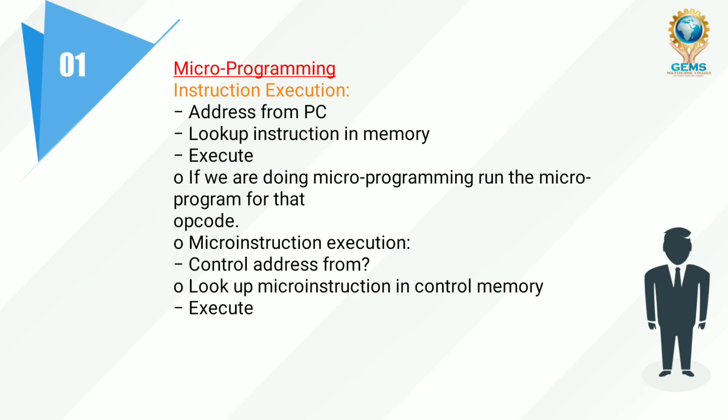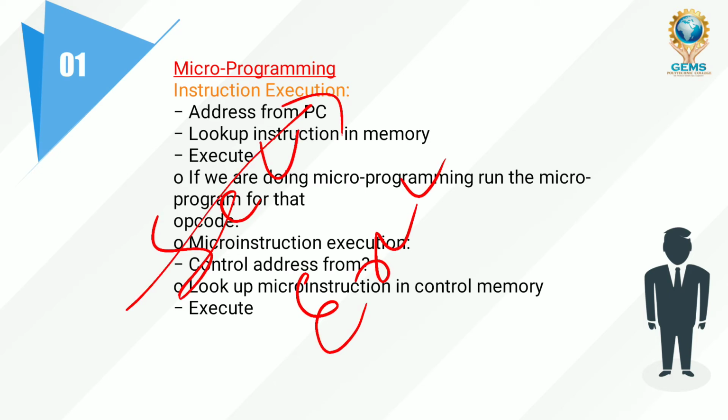How these micro instructions are helping to do the micro operations, how the micro operations are stored, all these things we have just seen. Now I am going to talk about how instructions are executing in microprogramming. Microprogramming has one part that talks about the sequence of instructions and then their execution. So instructions are there in sequence order and we are executing those instructions. So let's talk about microprogramming.